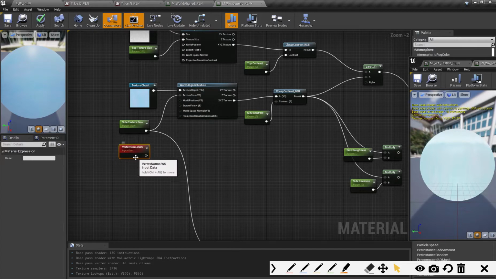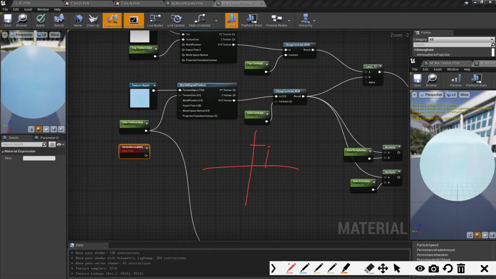And what this does is it returns in WS, world space, which direction the face is pointing. So it's going to return a vector. Remember the old Cartesian graph days where you had to plot a point on a Cartesian graph? Well, the entire world space of any 3D application is one gigantic three-dimensional world, one Cartesian graph. So what this is going to produce, if it points up, it's going to produce a point that points